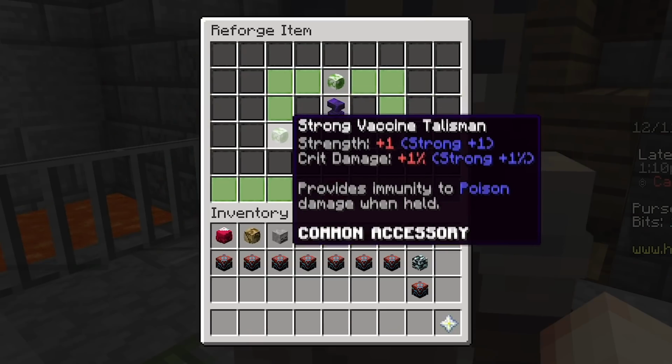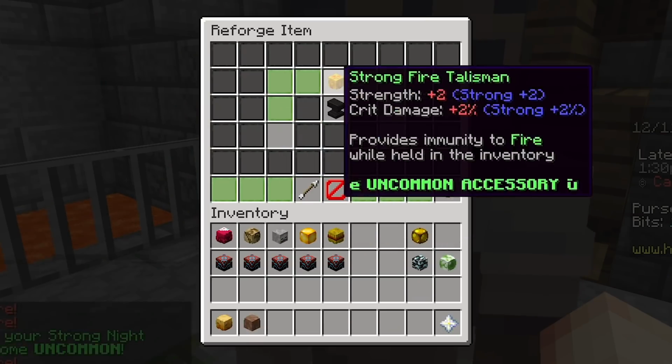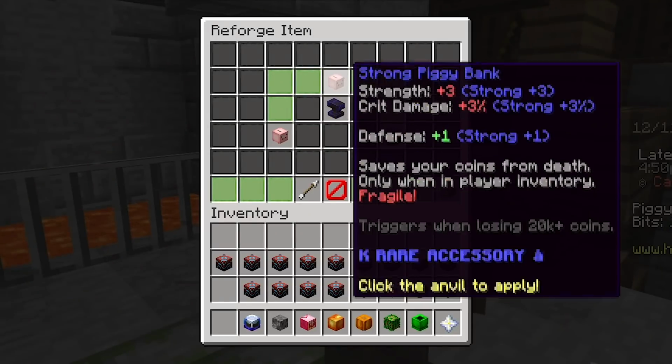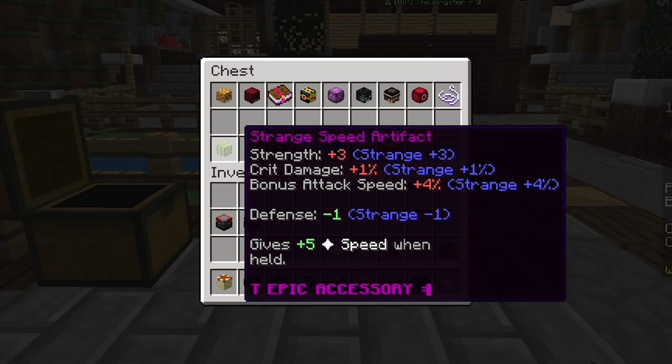Okay, and now it's time to spend like 5 million coins upgrading talismans that cost 9 potatoes. Let's go. 11 uncommon accessories. All right, here we go. Uncommon to rare. And now finally it's just the rare talismans, and I've actually done like half of the rares already,